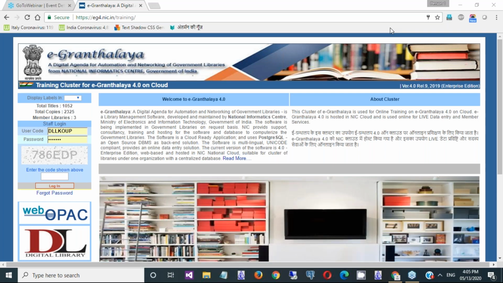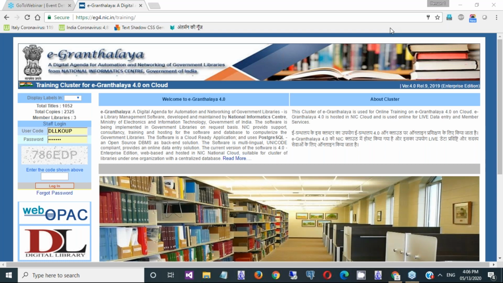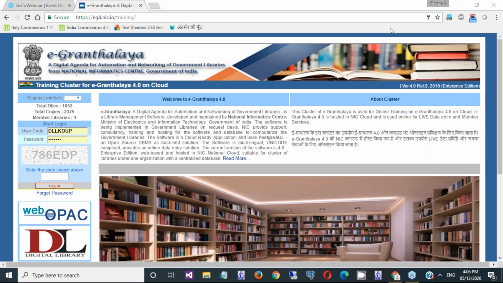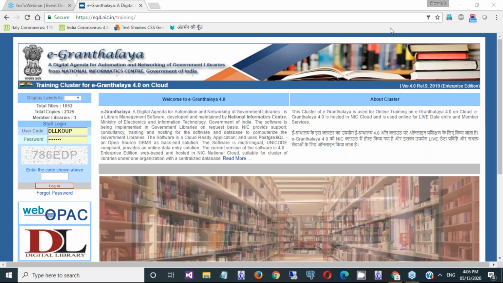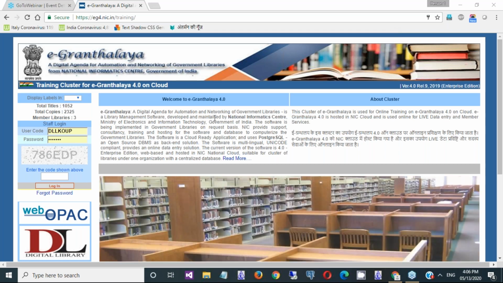But nowadays, whenever a software is in use in the library, in most of the software you will find the serial control module. The same workflow is there in the software also. We need to complete many of the steps, and then we can receive the loose issues accordingly, and we can issue these loose issues to the members also. So let us start. We'll cover how EG4 is managing the serials control system.